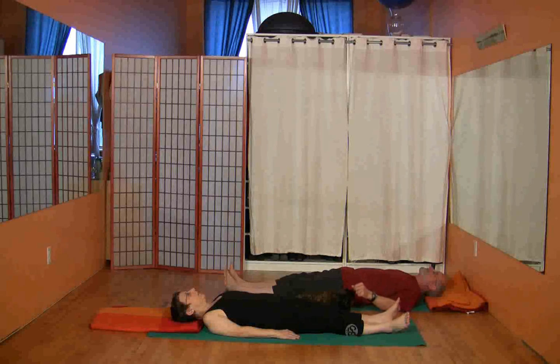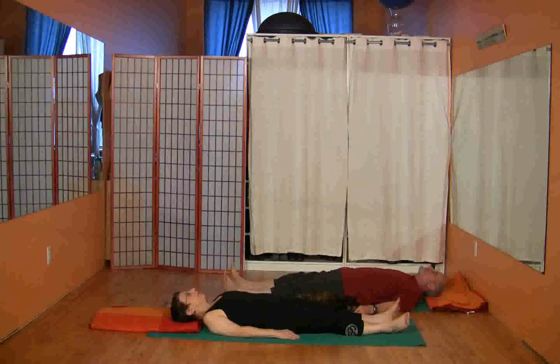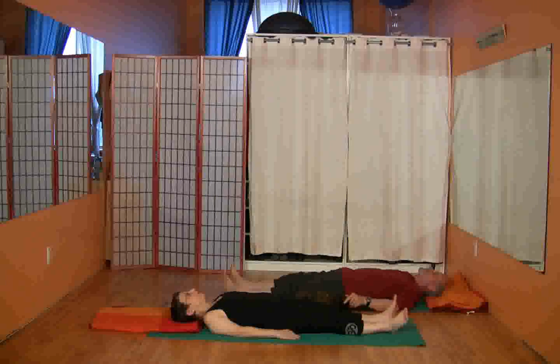The first thing you want to make sure is that you are comfortable, that you have an appropriately sized pillow underneath your head if you need one. Not everybody needs a pillow, but you might need a pillow, and you want to make sure that your neck is not feeling any stress while you're lying here. And then you're just going to give your body a little shimmy and make sure that you're comfortable resting here